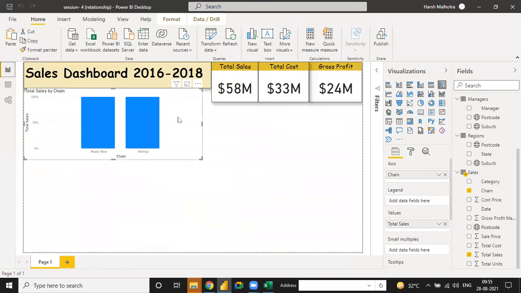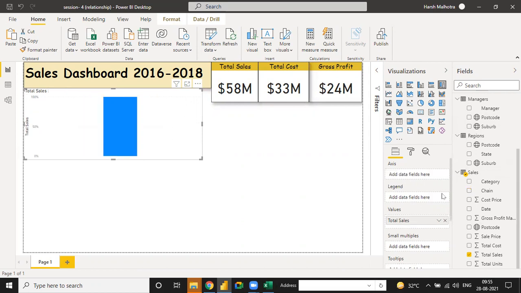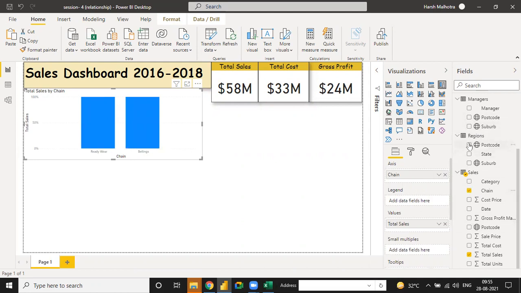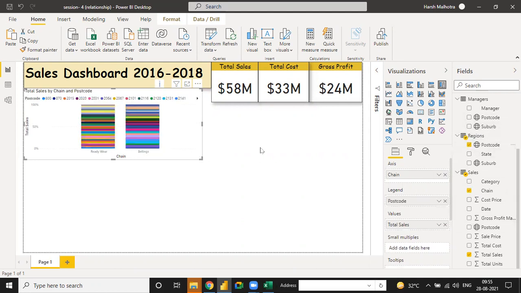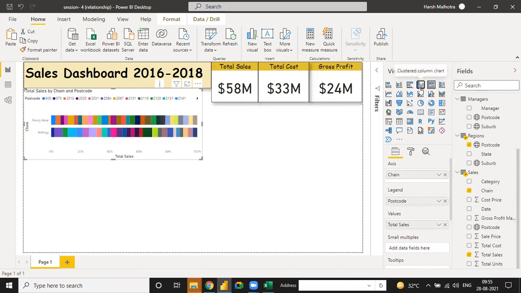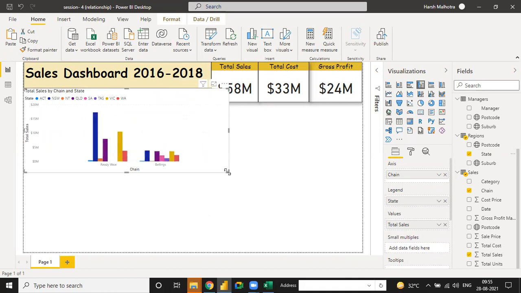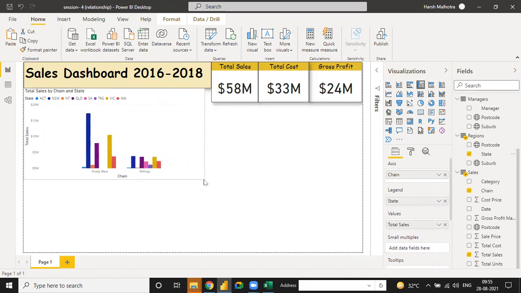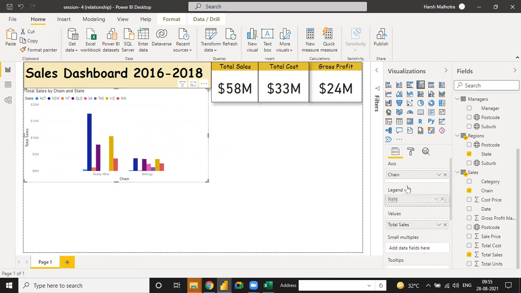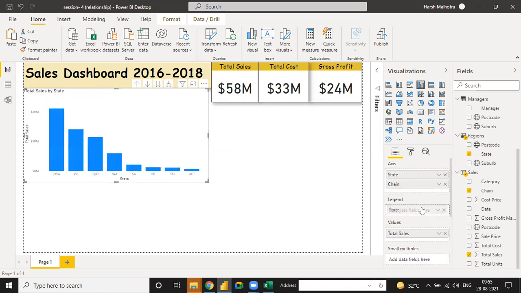Now when you make the relationship, it's chain, and when we connect, it's chain-wise data connected with postcode-wise data for this table or this visualization, state-wise data. Okay, so now your data is ready: chain, state, and chain.